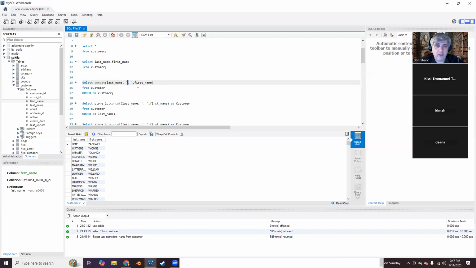Please keep in mind that when we're doing this, we never use double quotes. Now, I think MySQL actually allows you to use double quotes for this, but every other database engine doesn't. So it's a single quote situation. So last name, comma, single quote, comma, space, single quote, comma, first name from customer, and someone's gonna do this. So I run that,